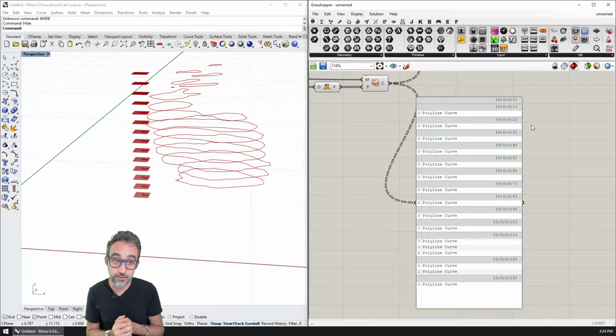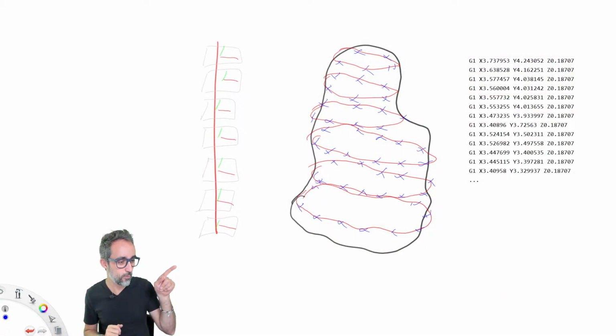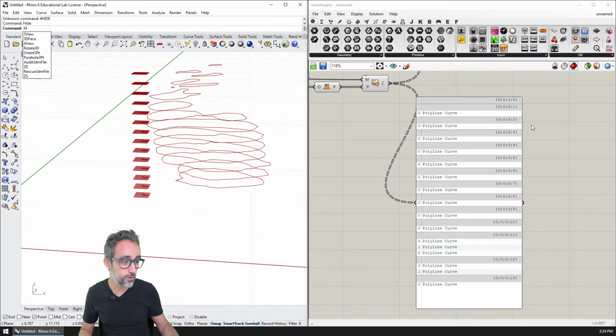We need to find, for each one of the polyline curves, all the points that we will need to make the 3D printer head go to. We cannot give polylines to a 3D printer head. We need to give it the X, Y, Z coordinates of each one of the points that it needs to go through. So how are we going to do that? We need to extract from these polylines each one of the vertices of the polyline. How can we do that?